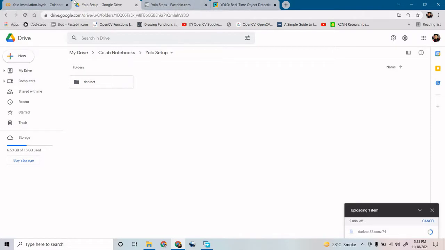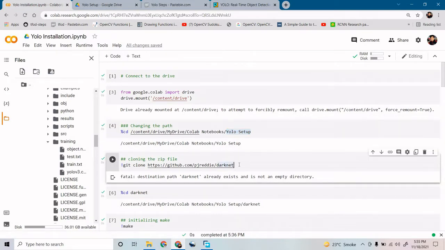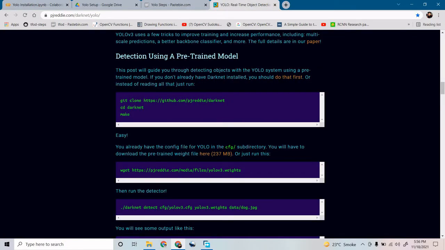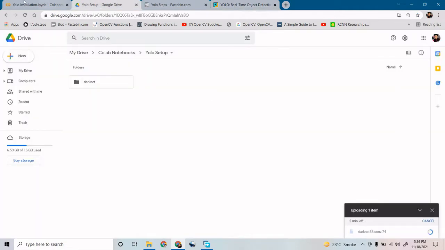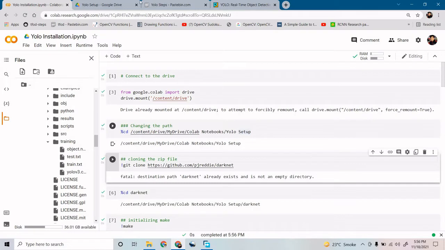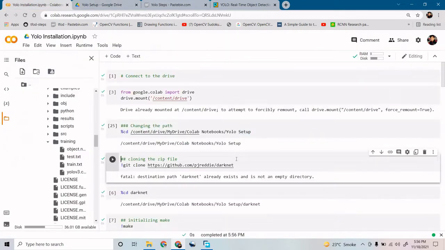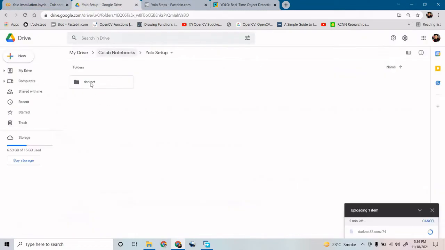After that, my first step is to download the Darknet architecture, because YOLO is totally based on Darknet. If you know about the latest version of YOLO, it works on the Darknet architecture as a classifier. You can download it with the help of this command, git clone. But I will suggest you first change your directory with the cd command, so whatever you download will automatically go into your YOLO setup folder. After this command, your Darknet file will be available there.